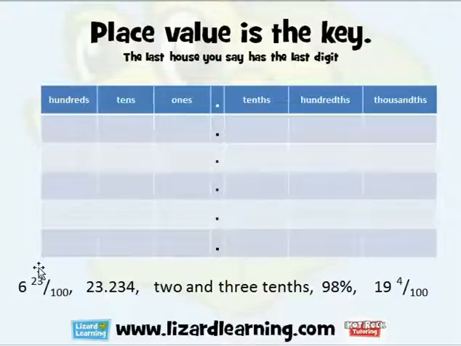Place value, as we said before, place value with decimals or addition of any numbers is the key. You don't have the place value, you don't know about place value, you don't know about hundreds, tens, ones, tenths, hundredths and thousandths and what order they're in, and you can't write those down in your maths books when you're doing these problems, then you've got no hope of adding up decimals. You must know the houses, the places, hundreds, tens, ones,